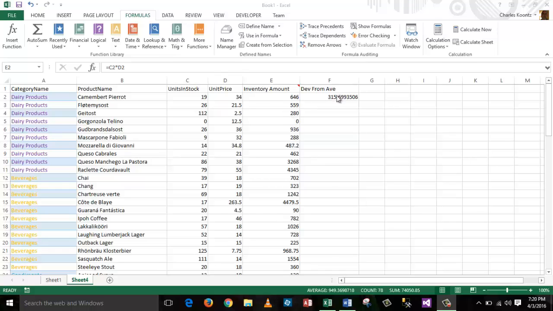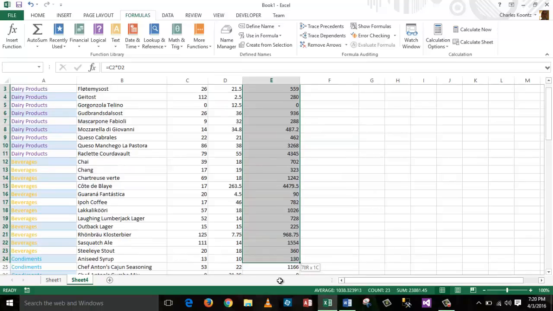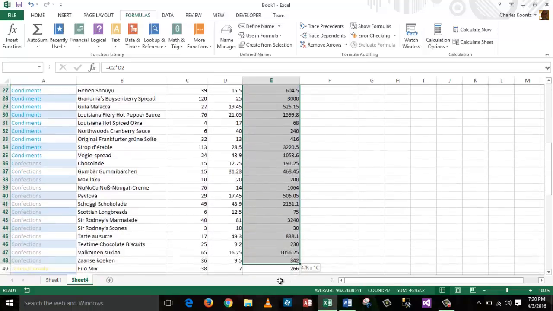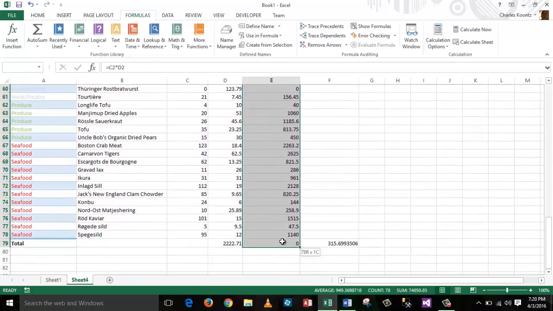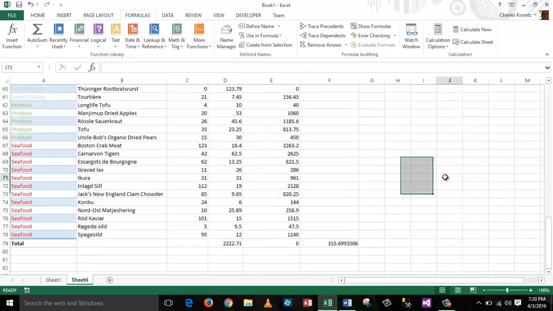So in creating this formula that performs the calculation, I first highlighted all the data down column E, and I associated it with a